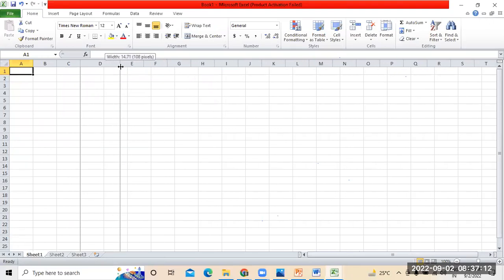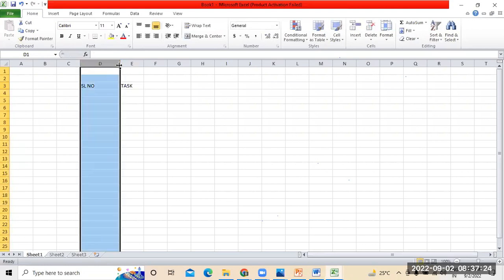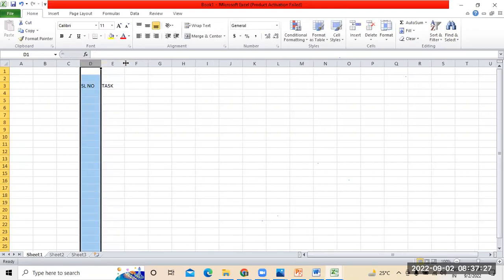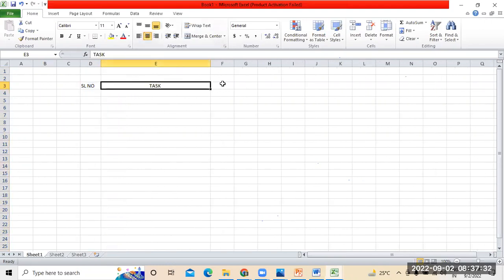The first column is the serial number, second is tasks. Next, the stakeholders whom we have identified. One is the business owner, written as BO, then technical owner, project management team, business analyst,